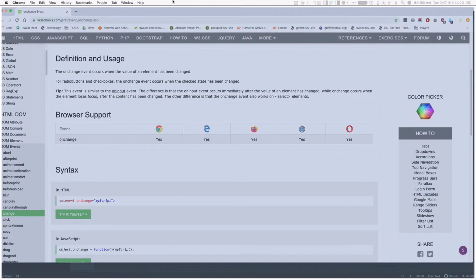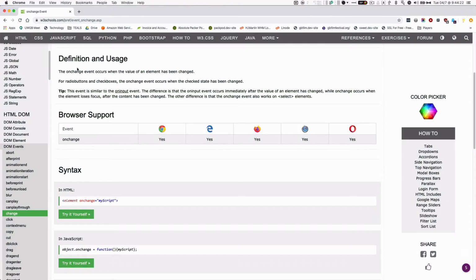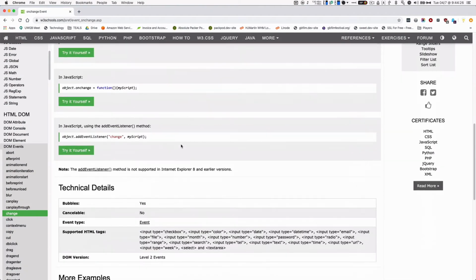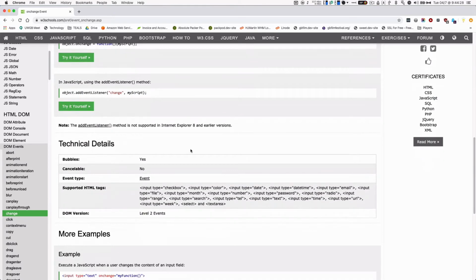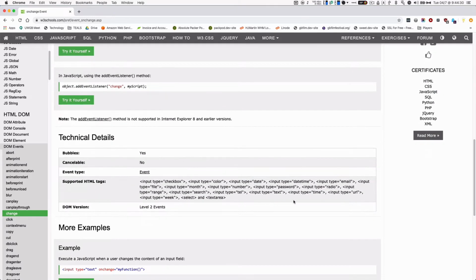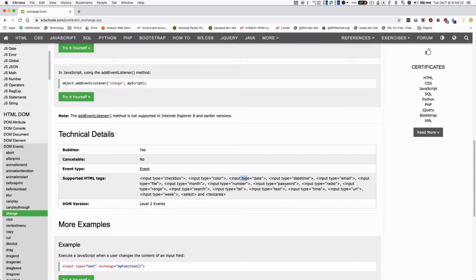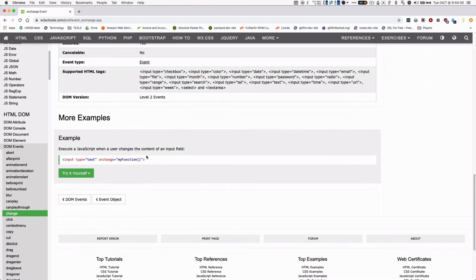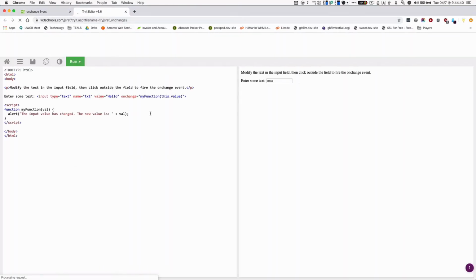Okay, so what I was talking about is the onchange event occurs when the value of an element has been changed. So this can work with any kind of input type. So if we have input type text, which is what the phone number field is, if we enter, let's see,